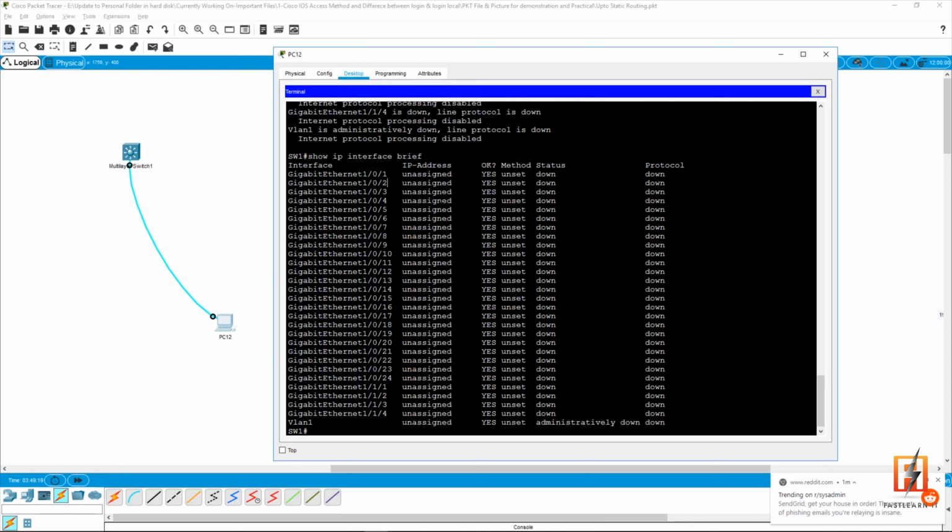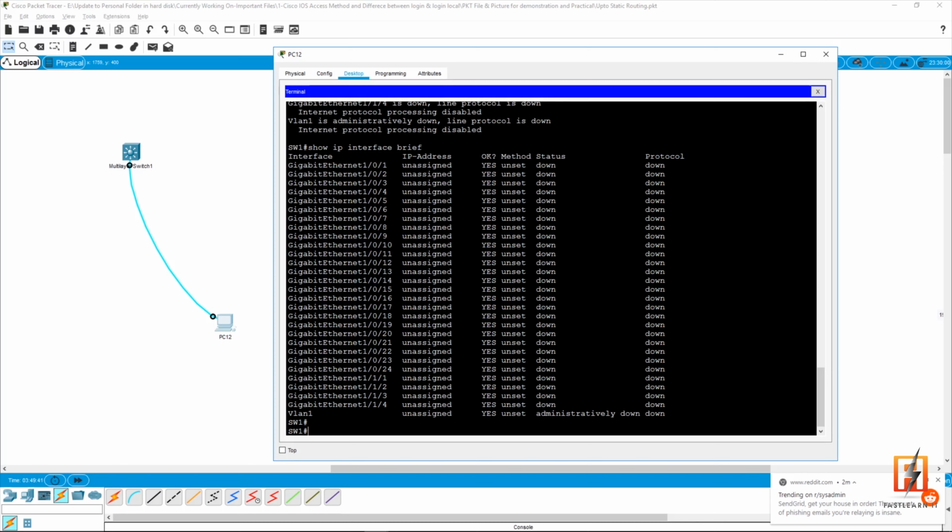I taught you there are 3 sub-level configuration modes. Mainly, one is interface level sub configuration mode, the second one is line configuration mode, and as well as router configuration mode, right? So here I'm going to go for the interface level sub configuration mode. If I want to go to the interface level sub configuration mode, just go to